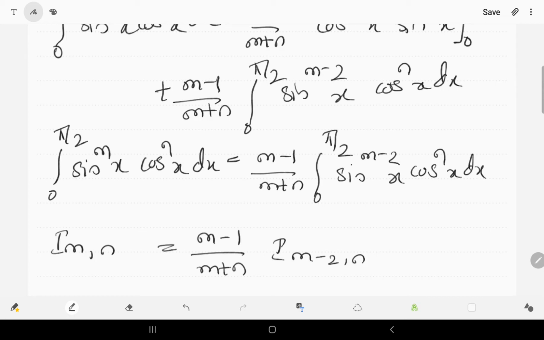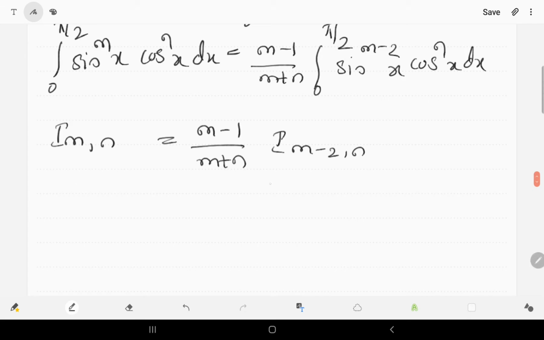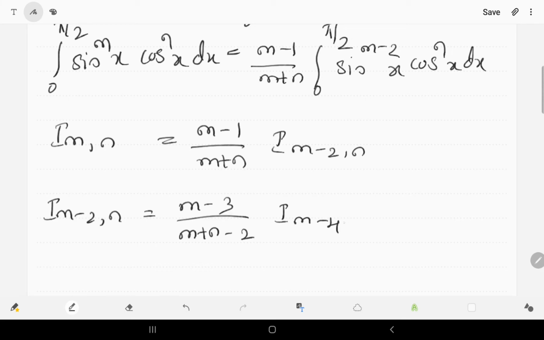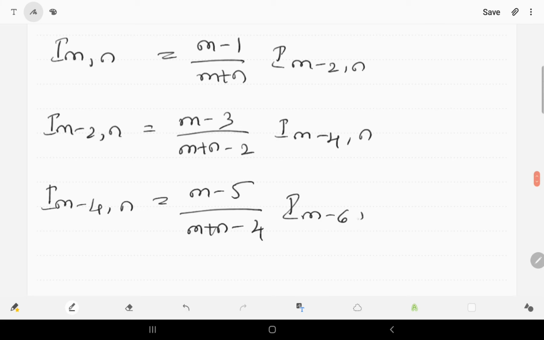Now, changing m to m minus 2, m minus 4, m minus 6 and so on. So, it becomes I of m minus 2 comma n is equal to m minus 3 divided by m plus n minus 2, I of m minus 4 comma n. Similarly, I of m minus 4 comma n is equal to m minus 5 divided by m plus n minus 4, I of m minus 6 comma n,